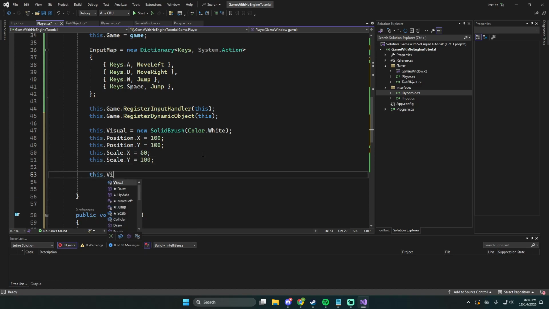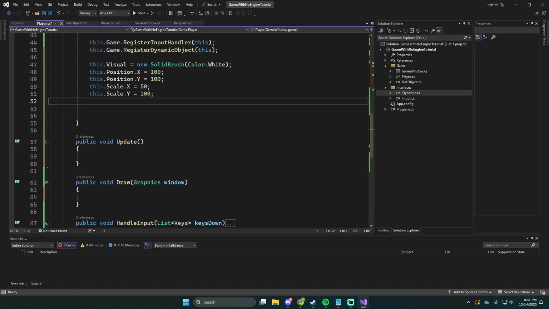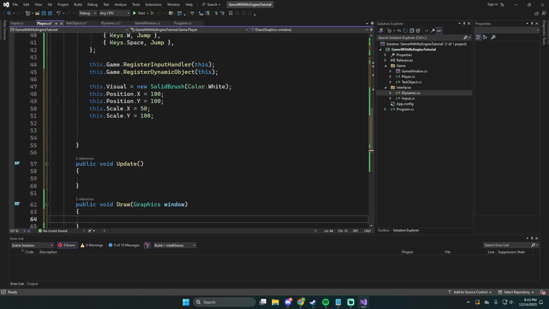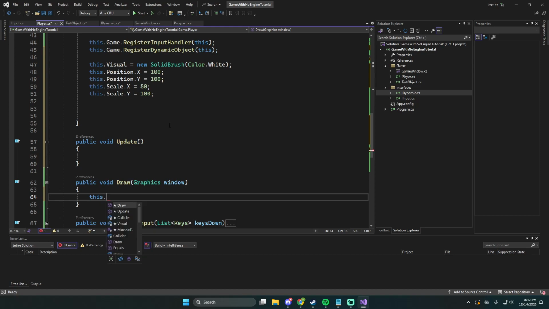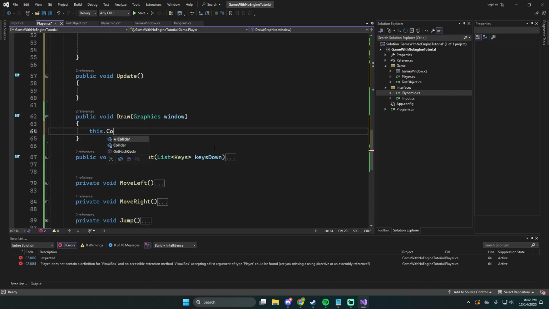And we say this.visualBox. Actually, we don't need to set this up on create. We'll just call this on update. Because to be honest, well, this will be called in draw, not update. But to be honest, it's a little excessive to put it here. So we'll come down here and we'll say this.visualBox. Did I not call it visual box? What do I call it? I call it collider. This.collider equals